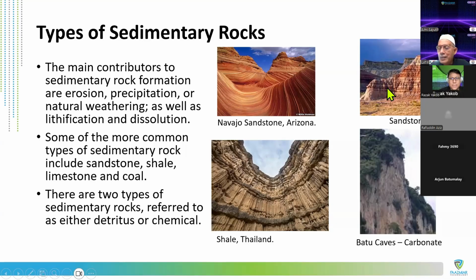Sandstone can be even layers, and it's dirty sandstone, so you can have a lower porosity and lower permeability, but still you can become a reservoir for oil and gas. In Thailand is shale. So you can see the shale thickness here.